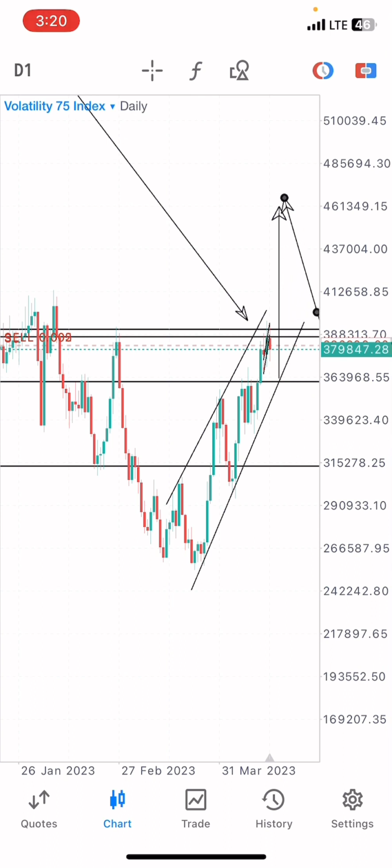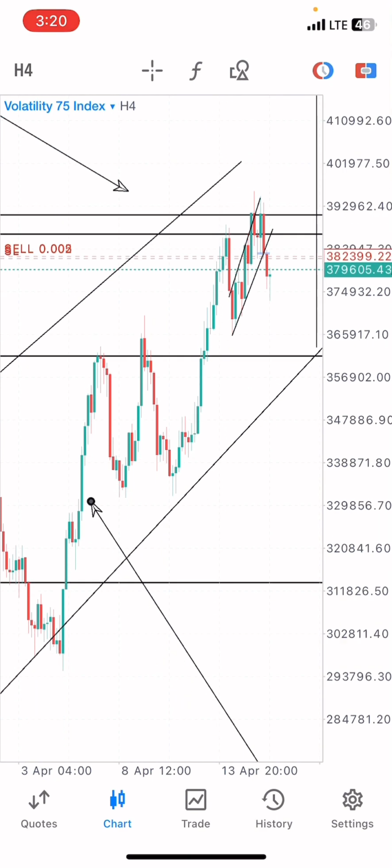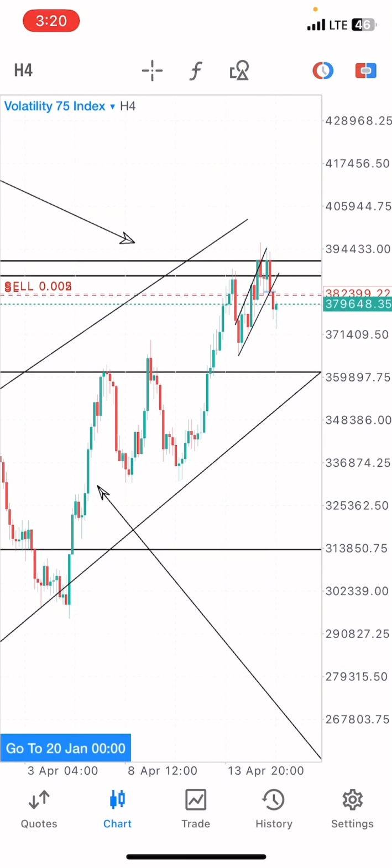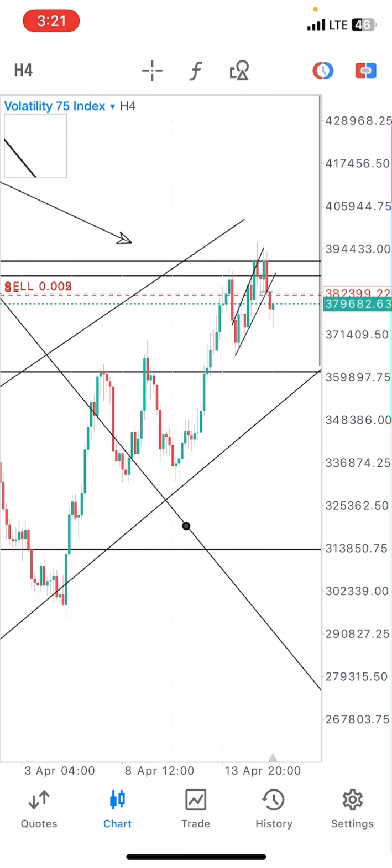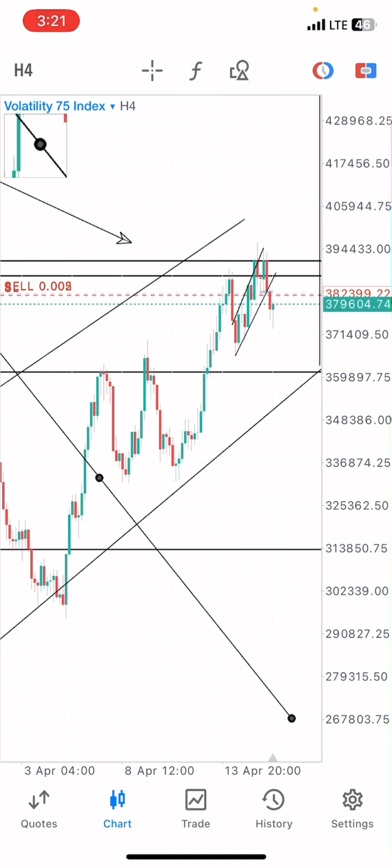To give us a nice buy opportunity to break this level. So this would actually be a long-term buy opportunity on 75 index. So let's move down to the 4-hour time frame. So on the 4-hour time frame, you can see that 75 index,